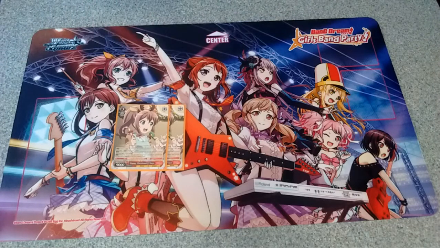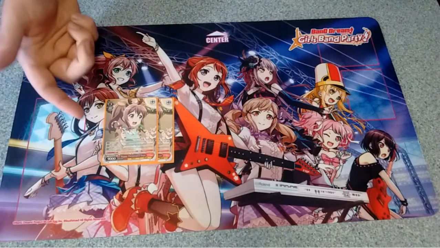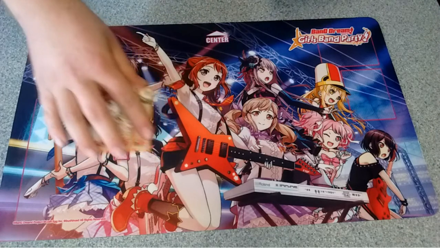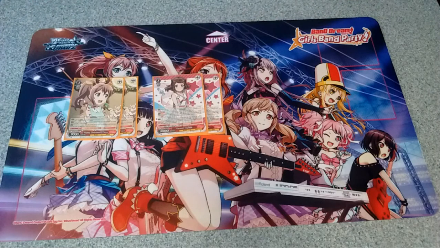Might as well just say early play healer, and very, very good at that. So one of the things I definitely like to see early on. Next, we're getting into the combos of the deck for the finishers and whatnot. We have 2 copies of this level 3, 2 cost, 2 soul, 10k Kasumi Toyama, and she has a climax